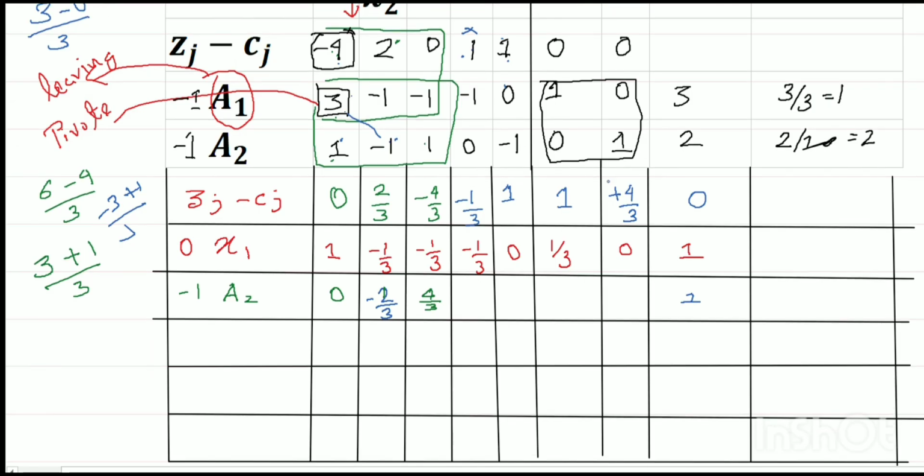So this value is 1, and this value is minus 1 by 3, and this value is minus 1, and this value is, sorry, this value is 1, this value is minus 1 by 3, this value is